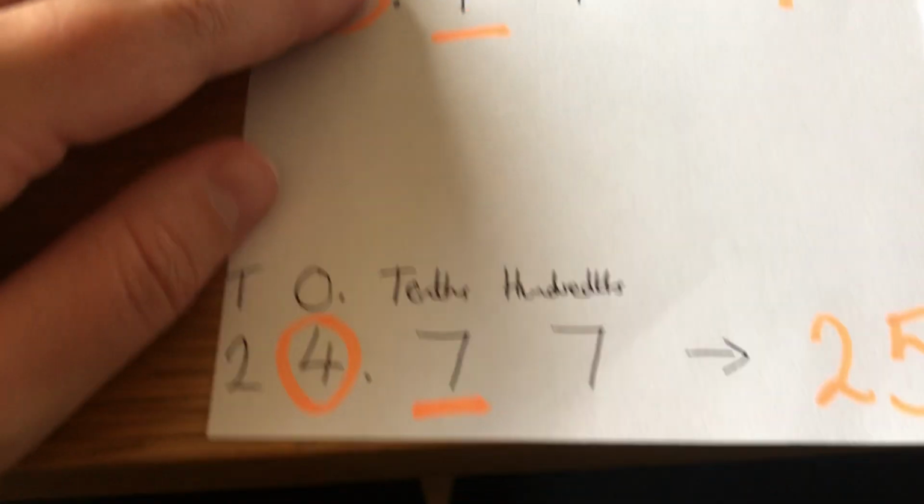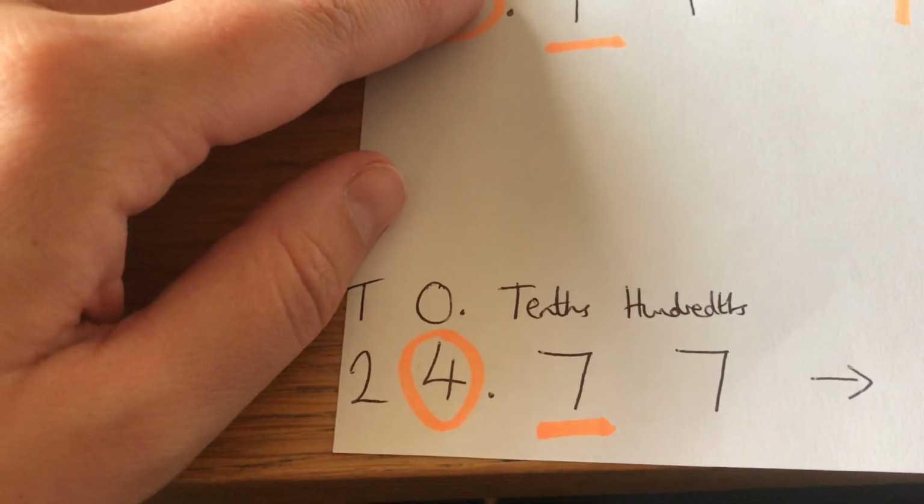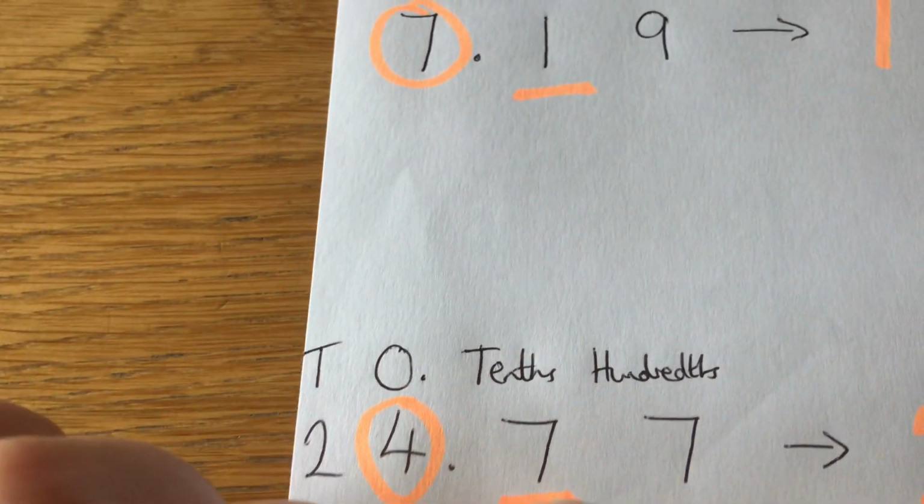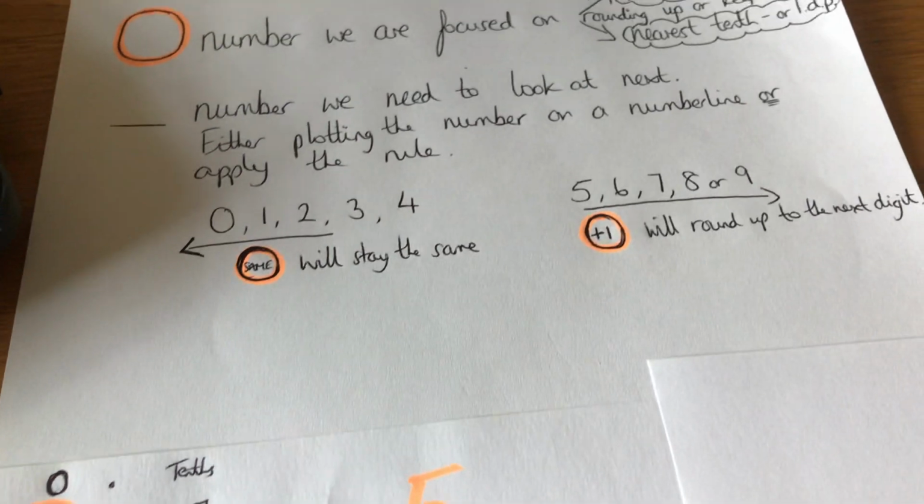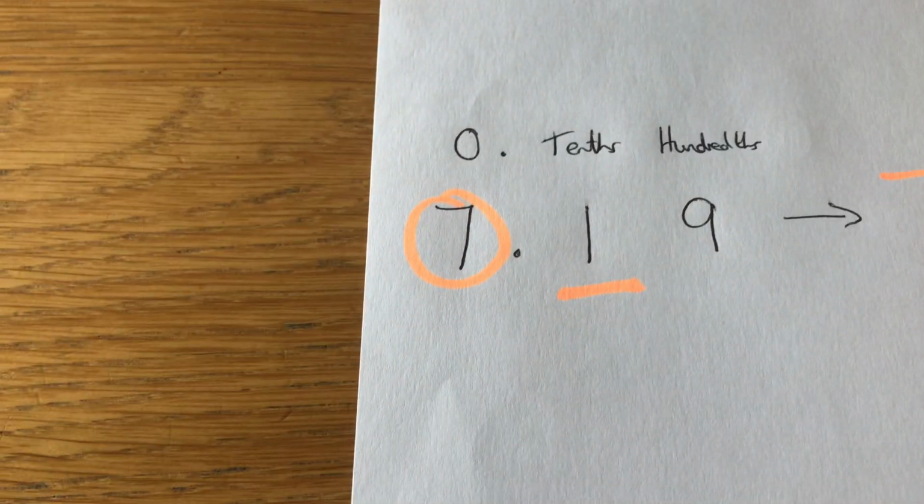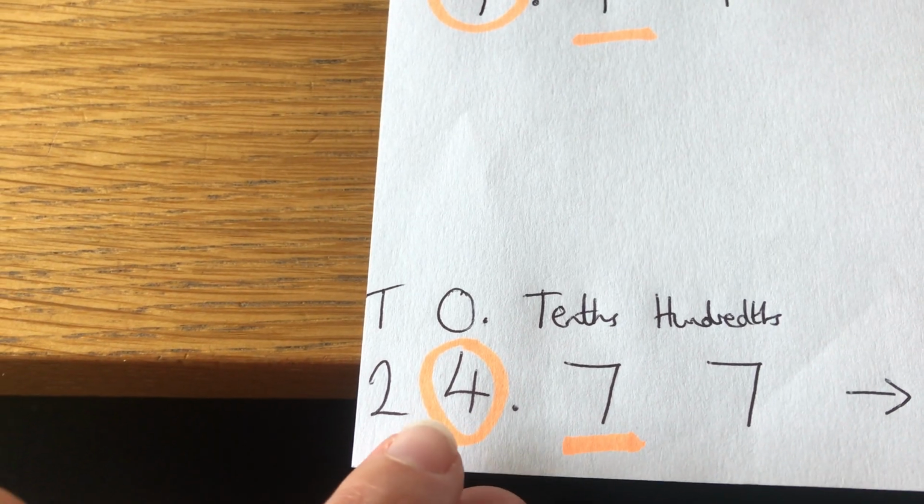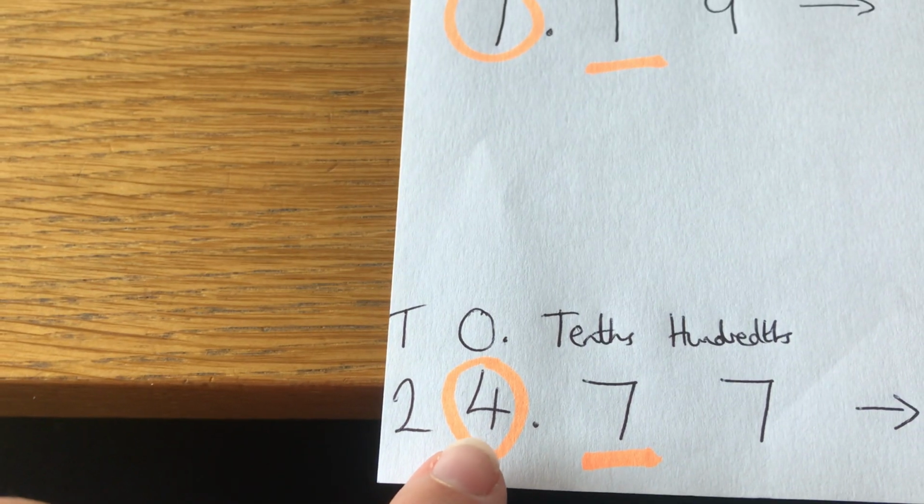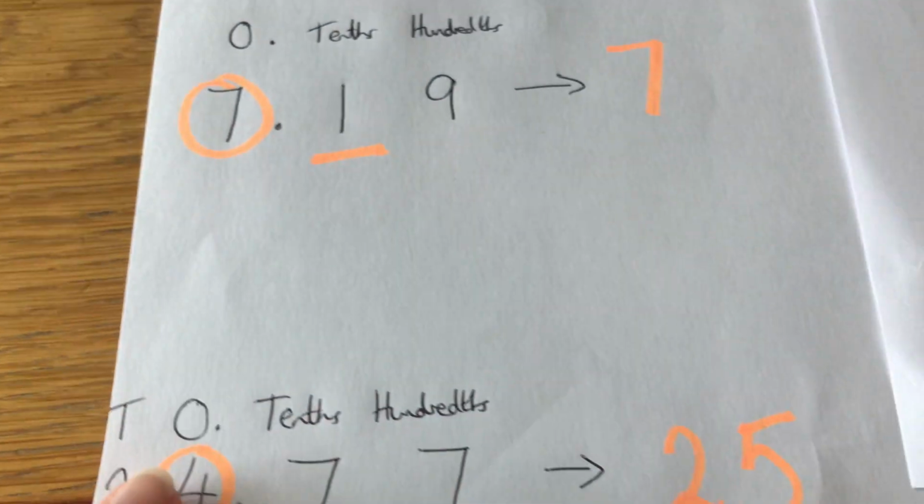Okay, and the last one on this one is 24.77. So 0.7 is going to be on the side that we're adding 1 to. So we need to add 1 to our 4, but we're adding 1 to 24, not adding 1 just to 4. So our answer is going to be